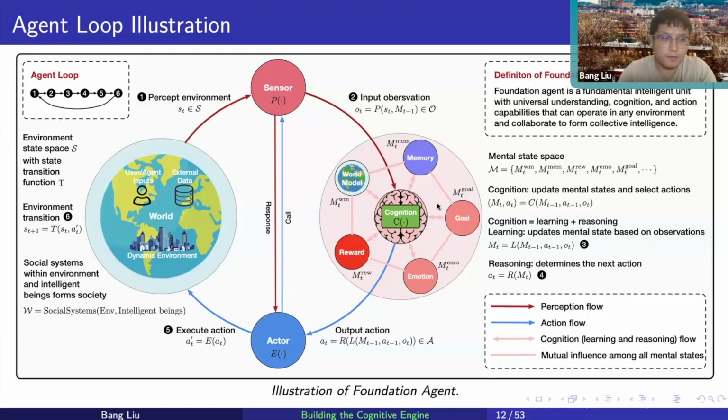And we formally define what we call the agent loop. If you recap the definition from the Berkeley textbook, we're not sure what exactly is inside this cognitive part. So here we make it more clear by defining the core concepts about the mental state and the cognition function. So let's start from the environment.